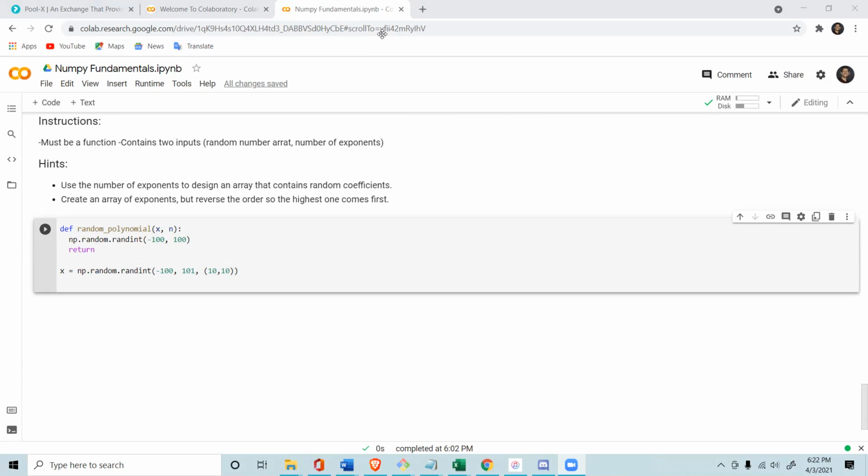Yeah, and then I did minus 10 to 10. So it'll generate 10 of them, for example. So in the parentheses, I made another parentheses which says 10. And then after that, I did another one for the